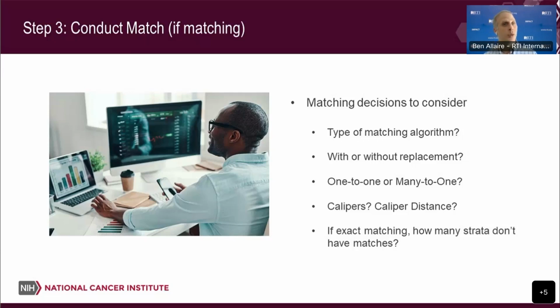It's the distance between the propensity score for your group of interest and the propensity score of your comparison group. You also have to make a choice of with or without replacement. So the question is, once you have selected a comparison group person, are they done, or are you allowed to select them again for perhaps another person in your group of interest? And then what is the distance for that caliper? What's the right distance to select that at?